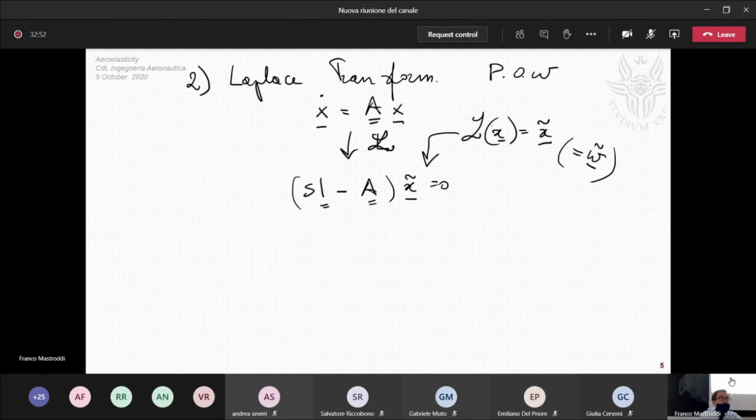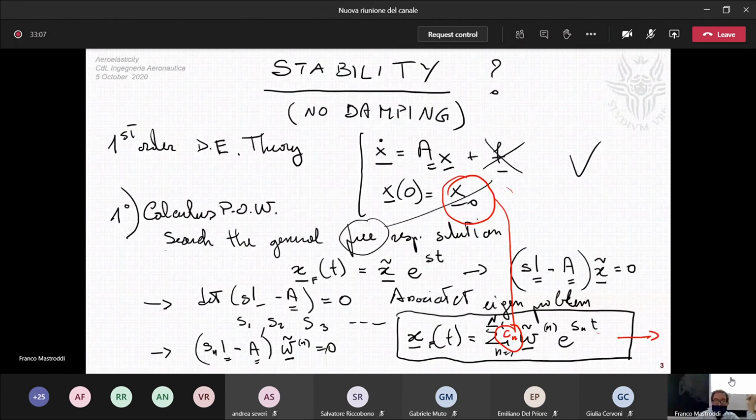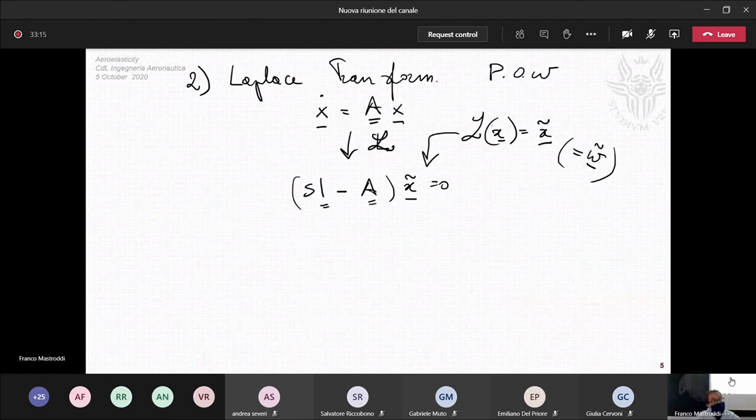And now, in this vision, instead of calling s the characteristic exponential as in the calculus vision, you call this the Laplace variable. Okay, and you call this value the value of s, such that